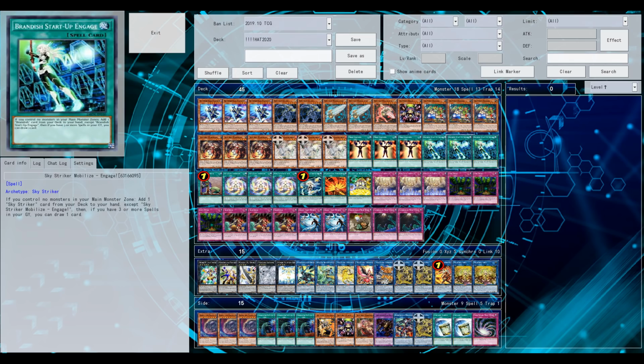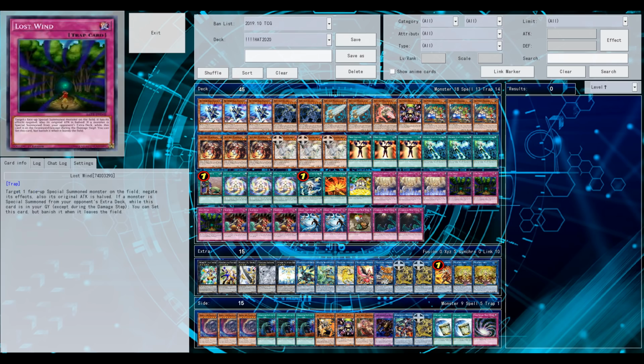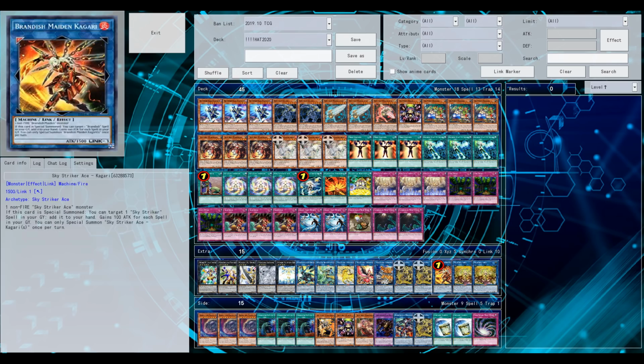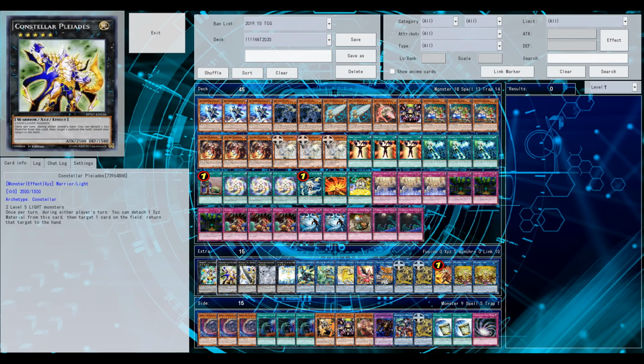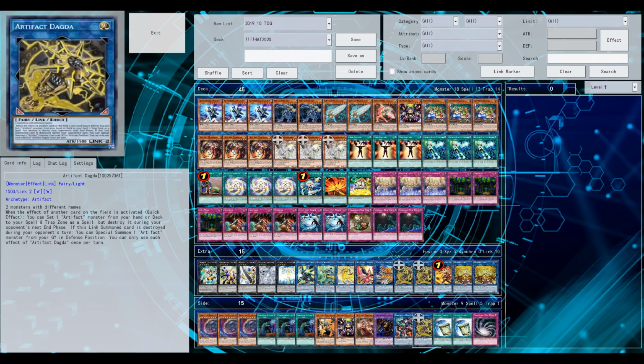The deck is already running 45 cards. So I think it's justified, yes, Upstart in a 45 card deck, because it triggers your artifact search, so that's why Upstart is still in here, and just in case, basically an extra spell because of the Sky Striker engine. But other options, Call of the Haunted, Nibiru, as you see here in the quote-unquote side deck, Instant Fusion,